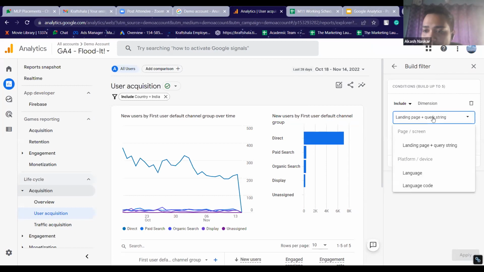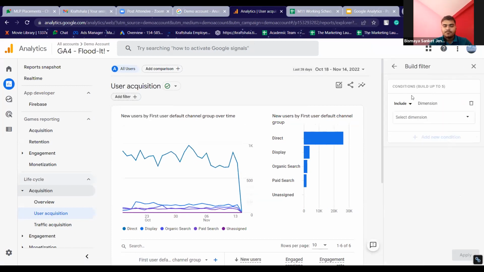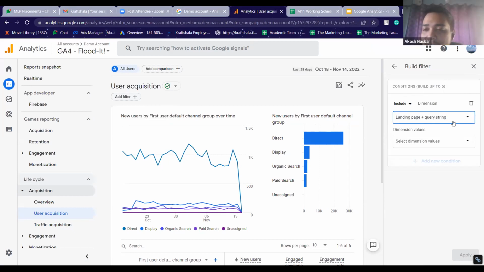Okay, landing page plus query string. So landing page for query strings is the only one that's available. And then you have to select the home page.